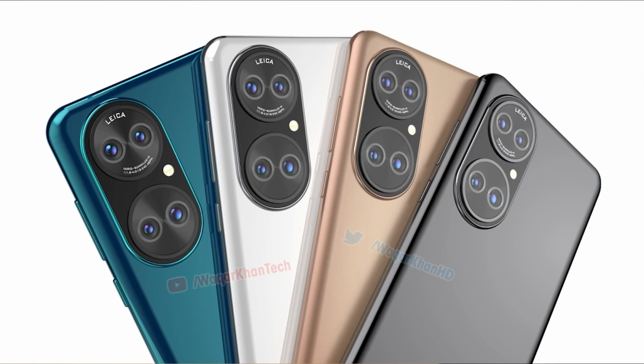Okay, first of all, we have the Mi 11 Ultra with its massive camera bump. We also have the Galaxy S21 Ultra with its massive camera bump. And now this. Hello, what? Was there some kind of competition to make the most ridiculous camera bump ever? I didn't get the memo. And also, I don't know how I feel about the camera layout because it's